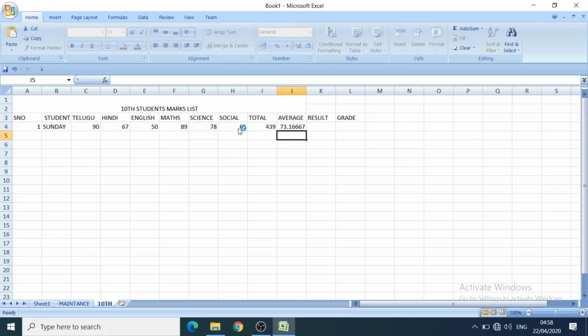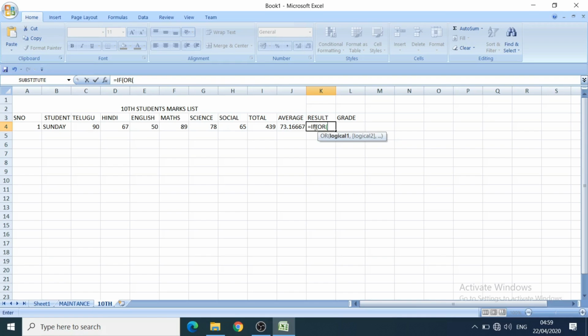So this is an average. Now we can see the result. For this result we have the function IF, and I am also taking OR. Why? If any person has less than 35, he has to display failed. IF is the logical function.